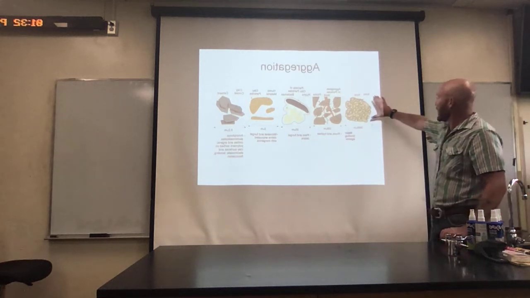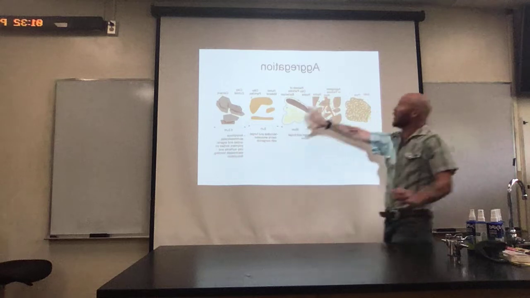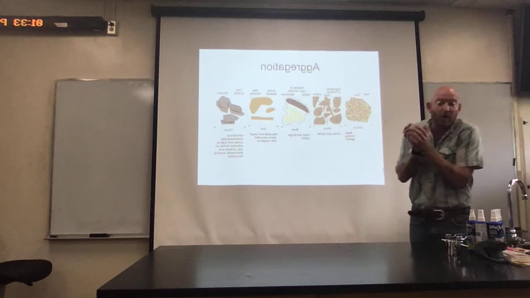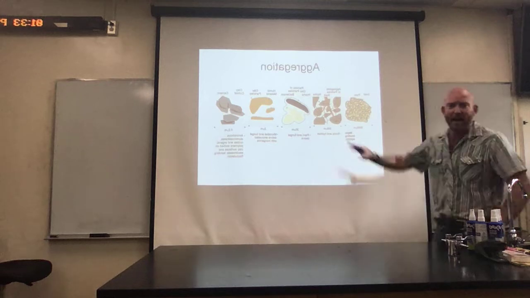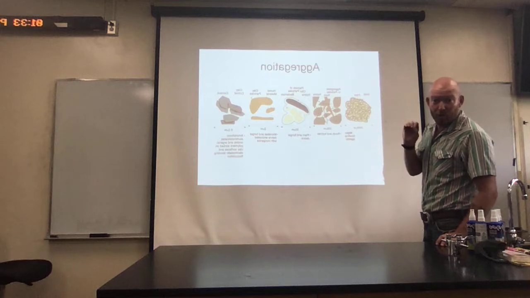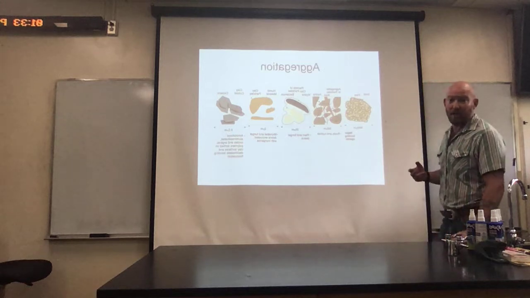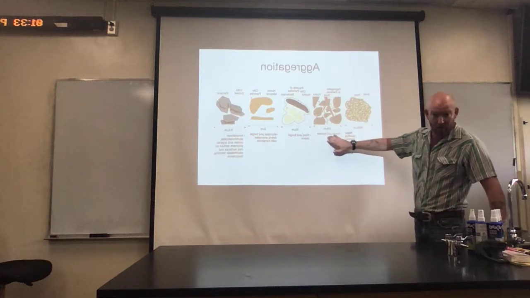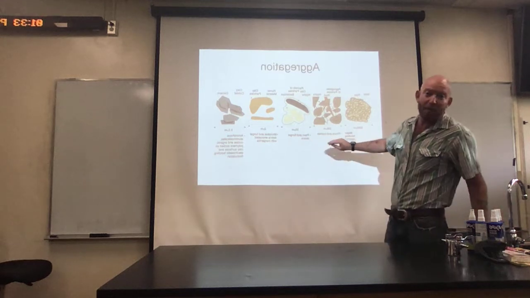So what I was pointing out, this is a macro aggregate, okay? We're going to zoom from out to in, okay? So we're going to look at some of the major binding agents that are contributing to these aggregates holding together, okay? So I recognize that this might be a little far away to do this on the screen, but just try and use this as a complement, okay, to the online resources that are on Laulima. Great. So as I mentioned, at a more coarse scale, looking at macro aggregates, etc., right, we mainly have roots and mycorrhizal hyphae being the binding,